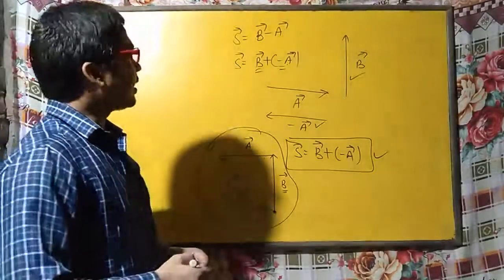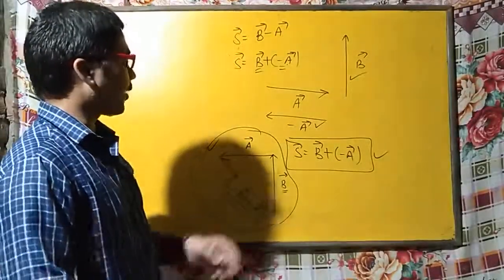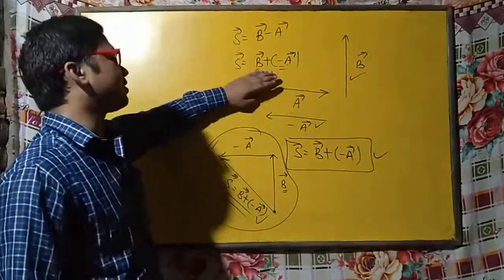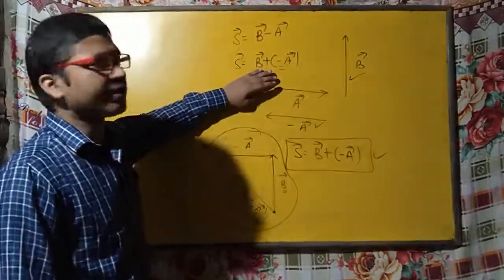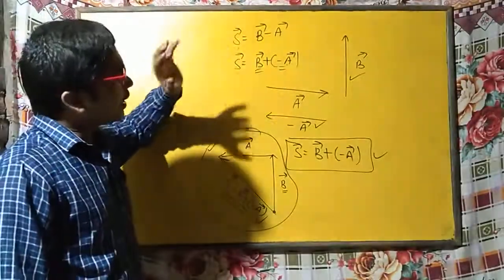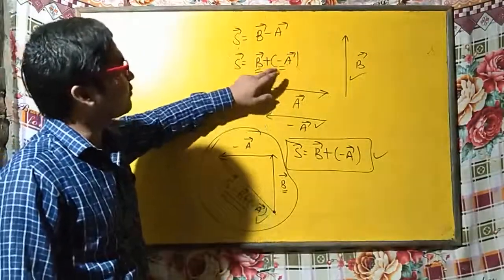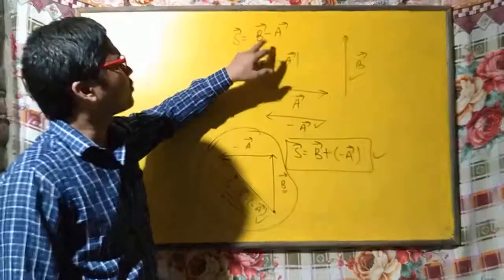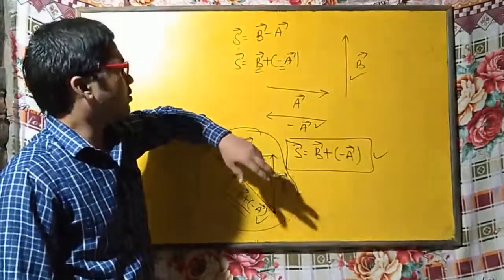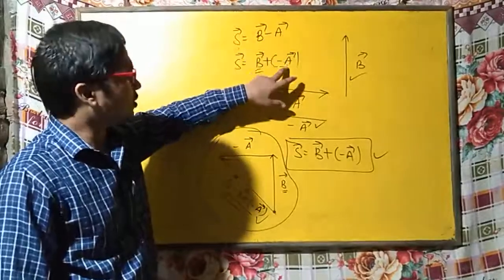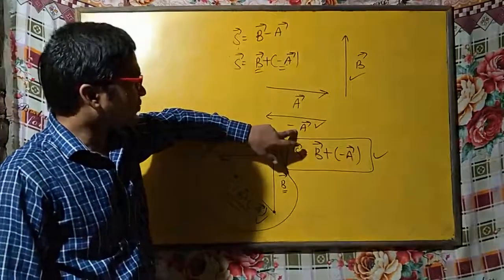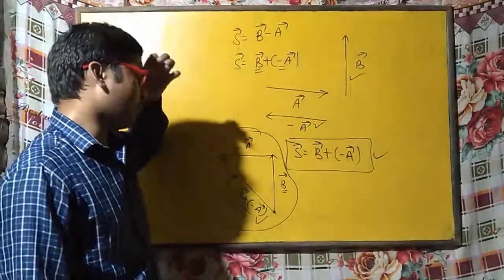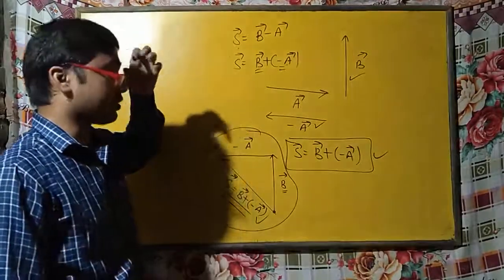So I hope you understand how you can subtract two vectors, where we are actually using the addition method. I am repeating this statement continuously. The main aim is to find out the negative vector which is going to be subtracted here. So this one is minus a. You can find minus a by using the rule for finding the opposite vector of a given vector.